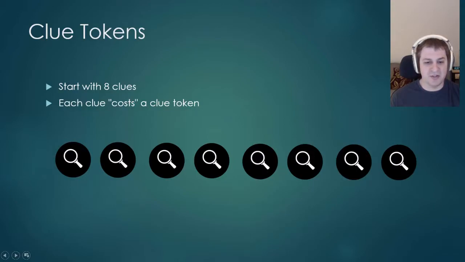So, by giving clues to your teammates, you can help them know which cards to play. However, Hanabi needs to have a cost associated with giving a clue. Otherwise, players could just give infinite clues to each other and the game would be too easy. At the beginning of the game, the team starts with 8 clue tokens, and each clue given costs a clue